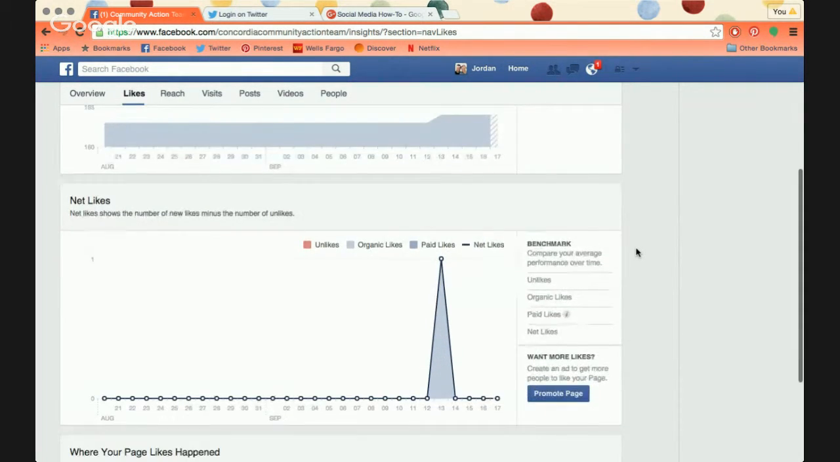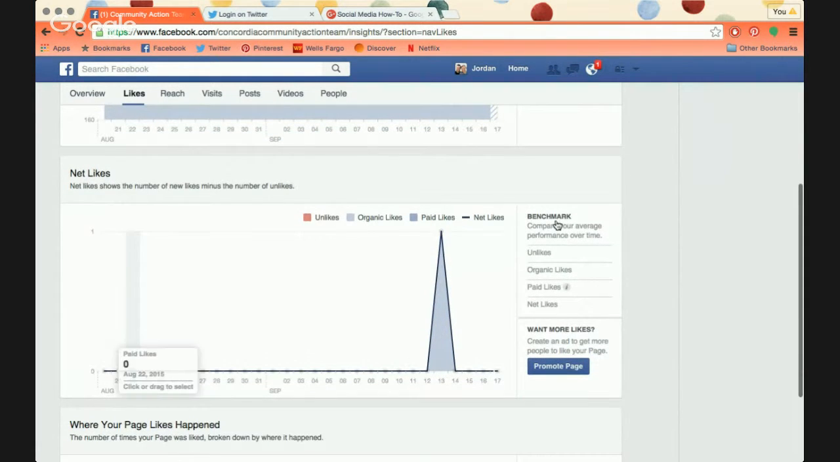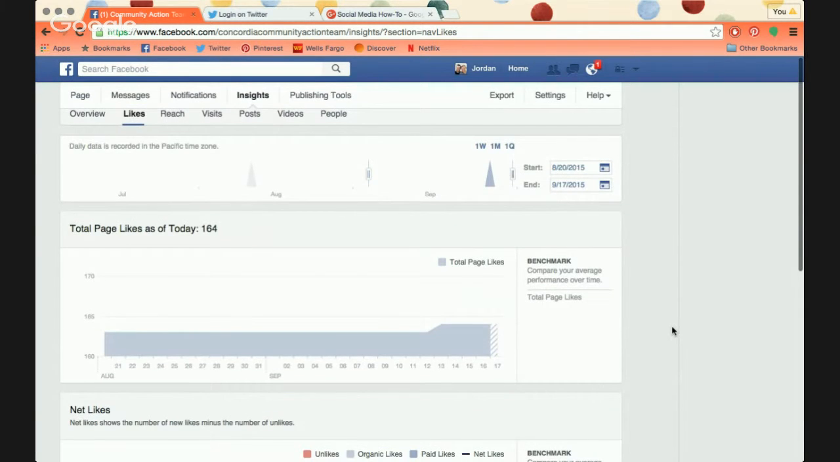Some graphs, and then the net likes is really helpful because it has also unlikes. And then if you are doing any paid advertising, it also compares paid likes to organic likes. And so unlikes, you'll be able to see peaks and valleys with that as they compare to the increase in likes and then overall net likes. If we go back,